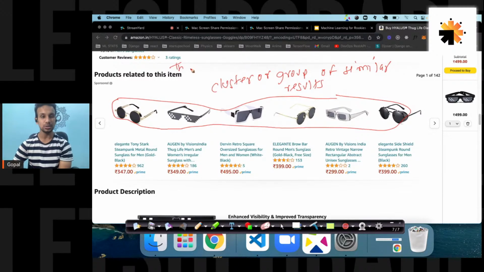I just went for the Thug Life glasses, and then I got these. So this is also called a recommendation system.